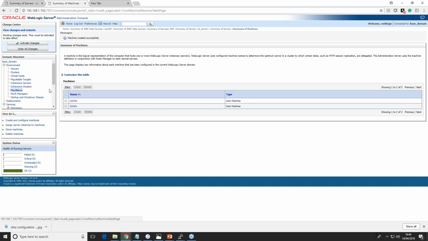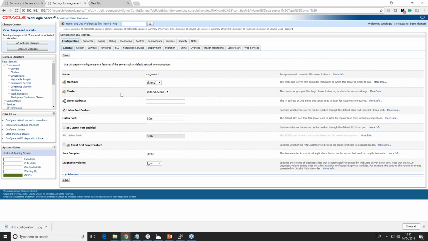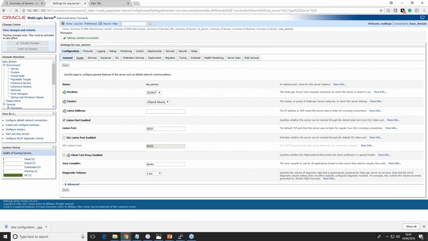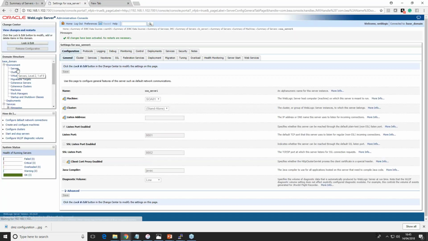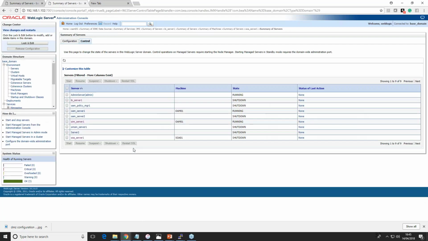Now this machine should be associated with the managed server that I want to start. So I'll go to servers. I'll select the SOA server, and I say now this is associated with this SOA machine, and save it. And I activate the changes, which means now, let it save. So now if I want to start the SOA server,